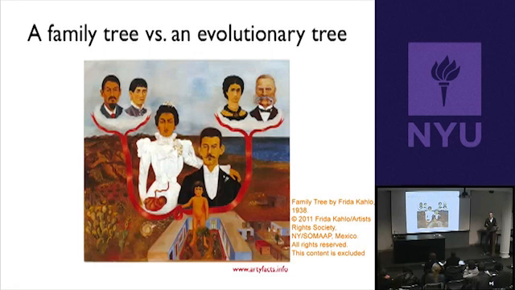Okay? So Frida Kahlo is actually a good example because when she was age 18, she was in a bus accident, and that left her unable to bear children. Okay? So basically, this pedigree ends here, at least in terms of having children. Right? And so I want to illustrate this a little bit more specifically using an example of a